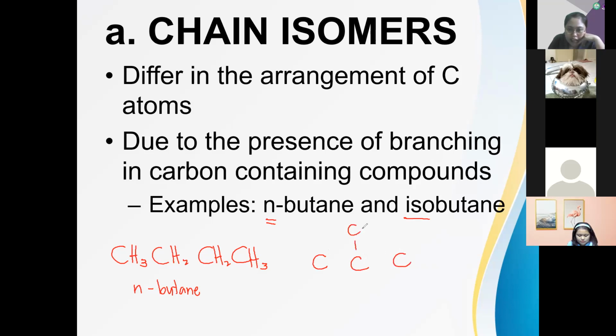One carbon is in the middle. That's why it's called iso, because if you divide this structure, you will have the same image on the right side as on the left side. So let's add hydrogen. 1, 2, 3. So it has one hydrogen here, and then this is CH3. So we call this